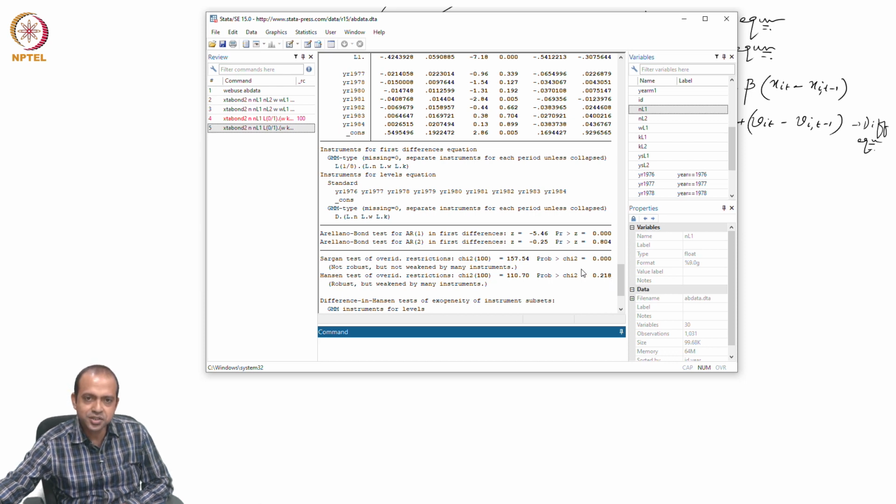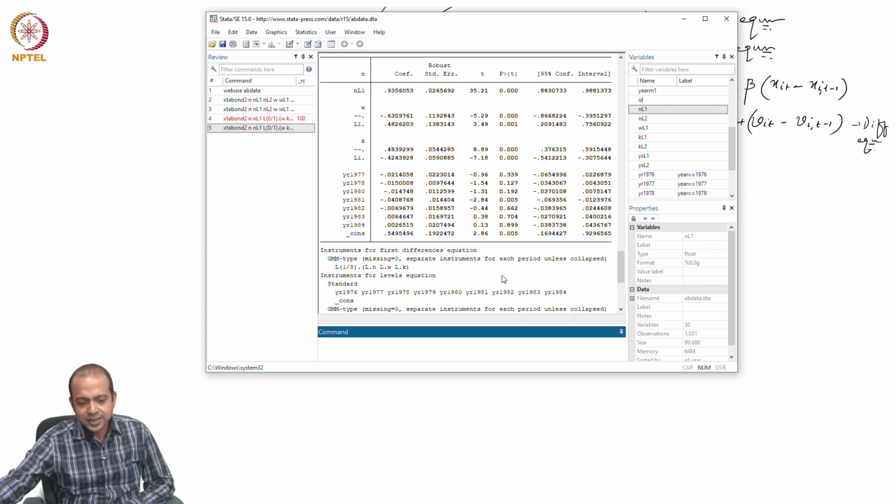So, when the Sargan test becomes weak, it rejects the null in almost all the cases when you have too many instruments, and it never rejects the null in almost all the cases when t is extremely large. So, that is why generally we report the Hansen test of over identifying restrictions after this post estimation checkup. Okay.